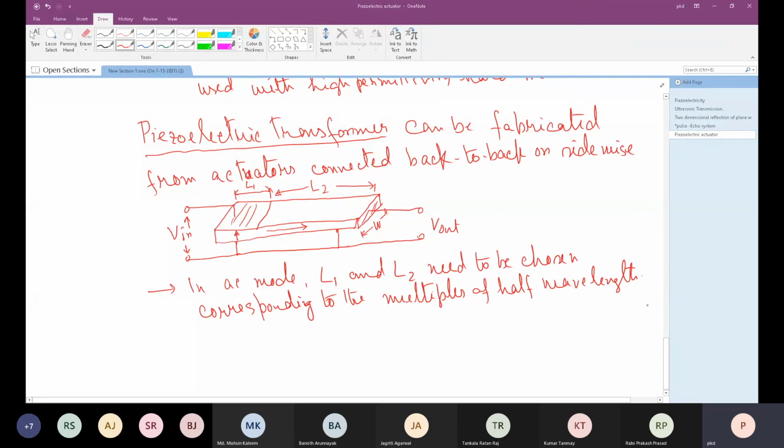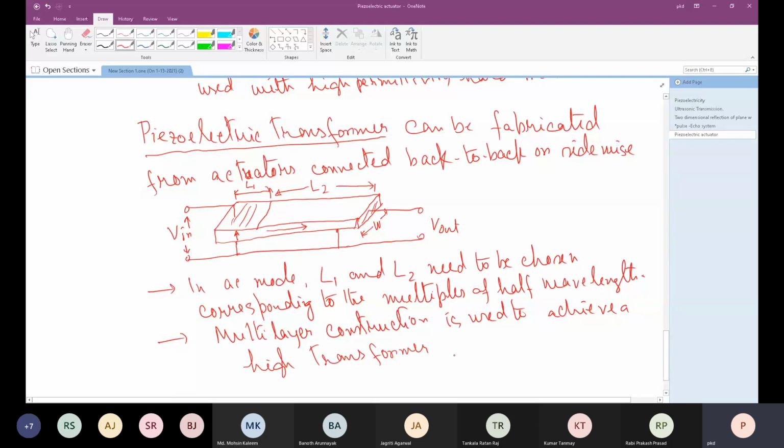Usually multi-layer construction is used to have a high transformation ratio. So we have discussed a little bit about